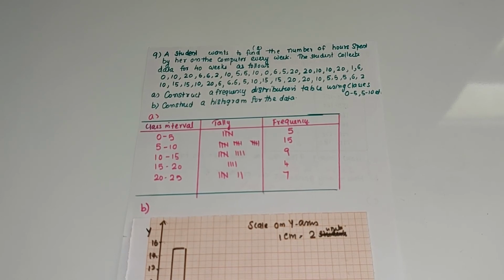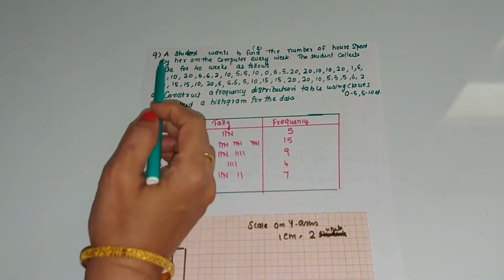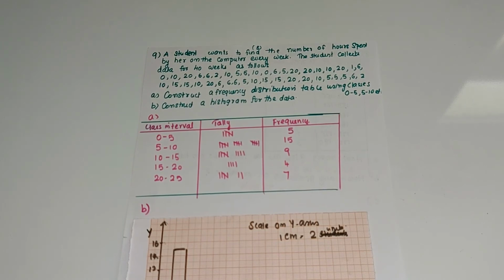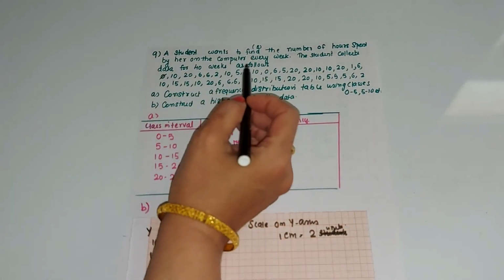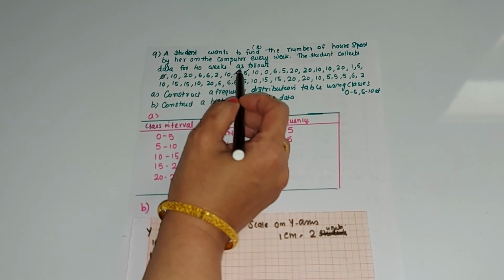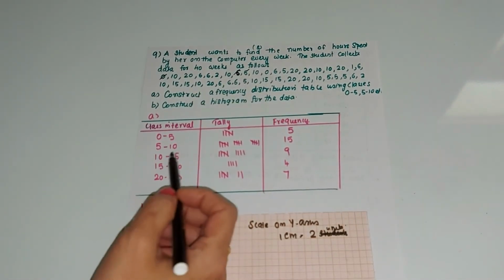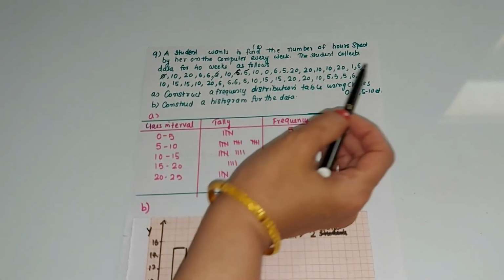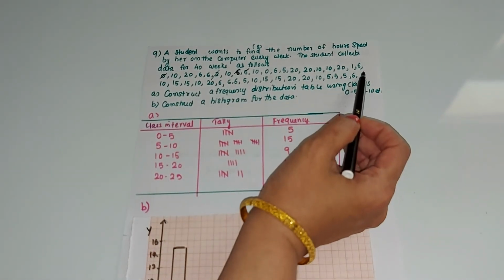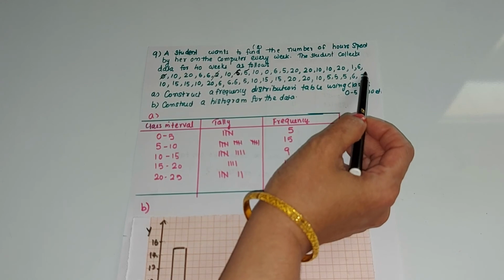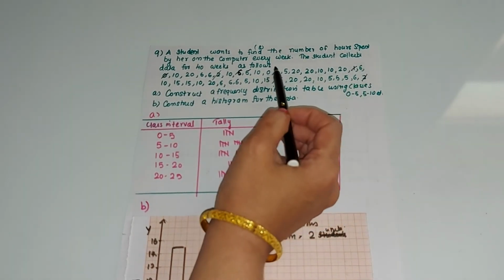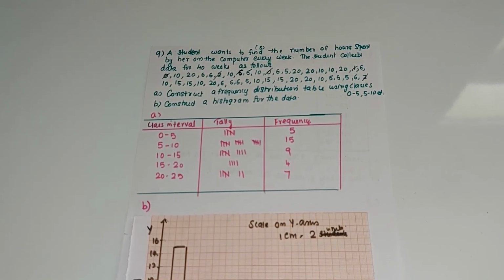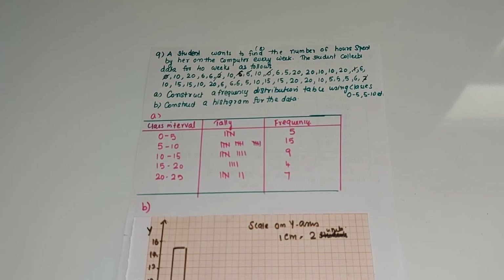Then how many hours lie between 0 to 5, you check. First one I will explain, and the second class also you try to do. And 0 to 5, 0 and 5, no, not 5. 5 will not come in this first class, 5 will come in the second class. So 0 to 5, 2 here, here it is 1 and here it is 0. So there are 5 observations. Like that you can count between 5 and 10, and between 10 and 15 you can count.